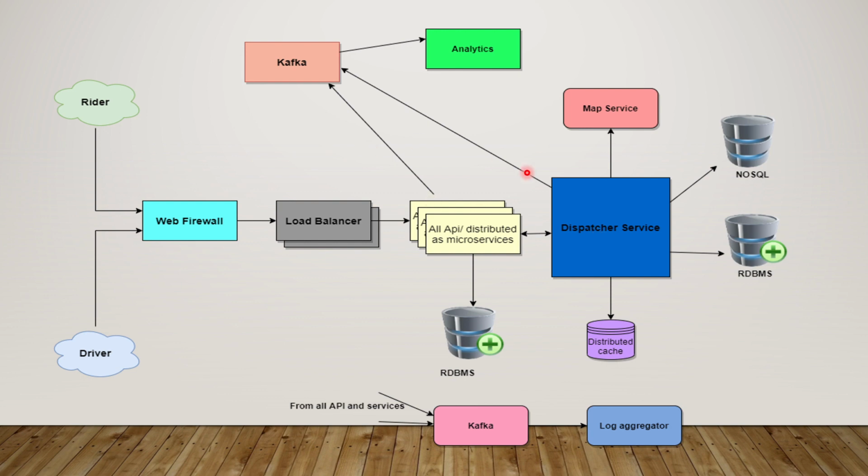All those details can be put into Kafka, and from there you can put an analytics engine on top of that for processing what happened, or why there was such a hot zone there, and what to do if we get a scenario like that in future. So for all those situations you will have Kafka there, and this Kafka will also receive data from the user API, meaning the rider API, and the driver API also, so that we can put some analytics on how a driver is behaving or how a rider is behaving.